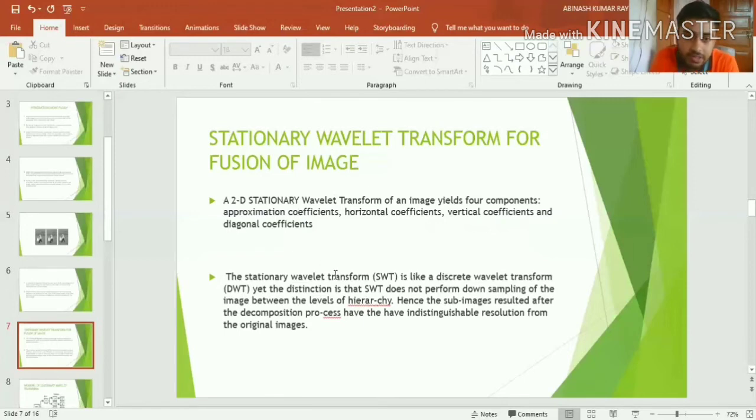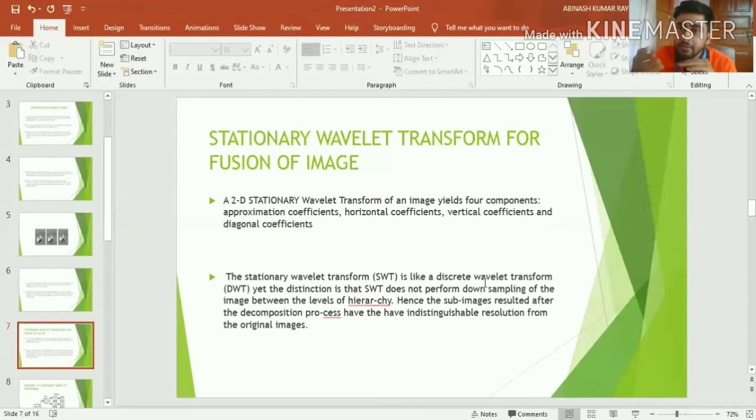A stationary wavelet transform is like a discrete wavelet transform, as we told earlier. The only difference is that in discrete wavelet transform, for every level of hierarchy, going to the next level, we downsample the resolution by 2, because it follows the Nyquist principle, where the main agenda is to remove redundancy.